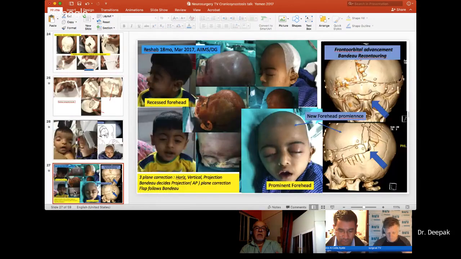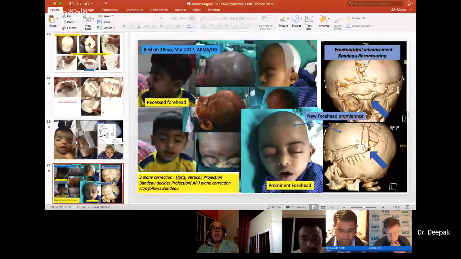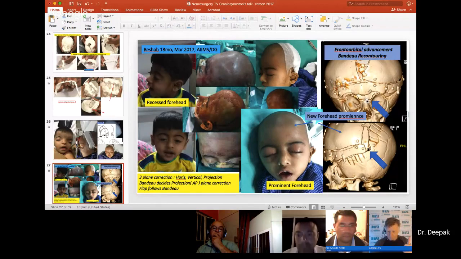This is another child, an 18-month-old child, who came to me from Dubai, and you can see this child had a nice contour. And if I do a 3-month post-operative CT for my children, you can see there's a nice space I've created, and almost 1.5 centimeter advancement I've done in the lateral, and almost 1 centimeter advancement I've done in the frontal projection also to this child. And this child now has a 1.5 year follow-up, and he's doing absolutely fine.